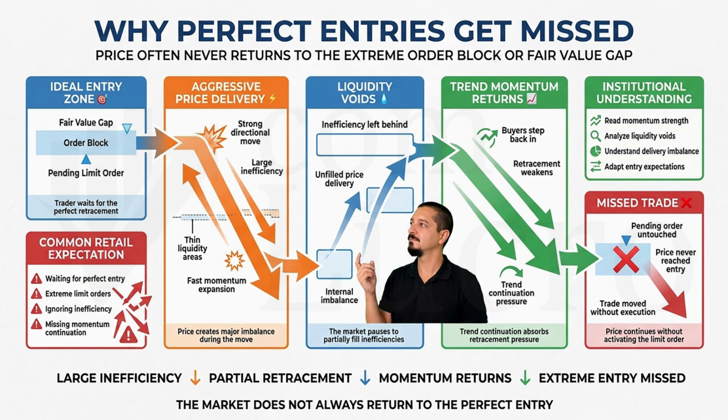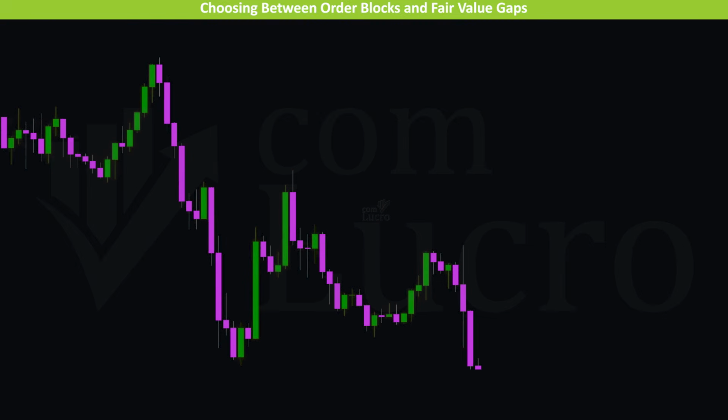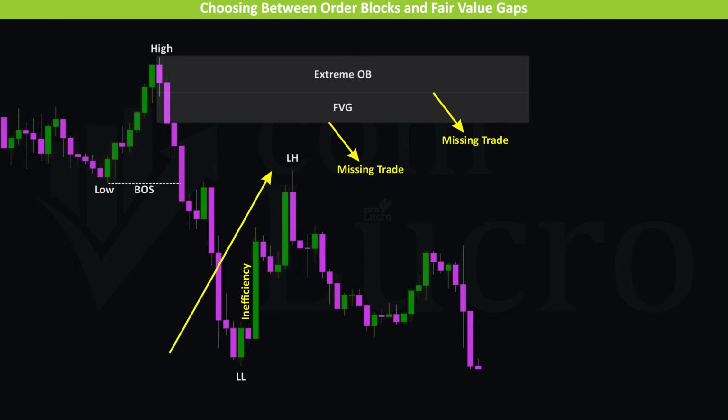This happens because as price returns to its primary direction, it absorbs strong momentum from traders who believe the retracement has ended and the trend is ready to continue. These actions push the market forward in the dominant direction without ever activating the limit orders placed at the extreme levels. If we examine this example on the euro-dollar pair, we can see that the market is in a downtrend